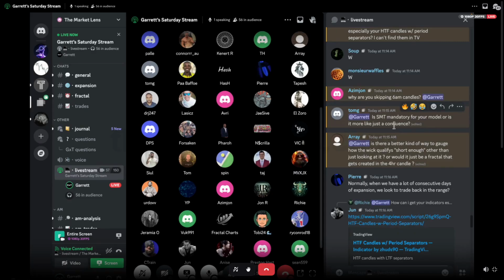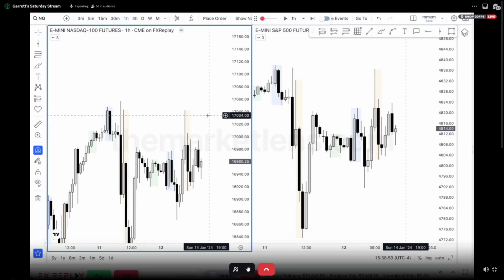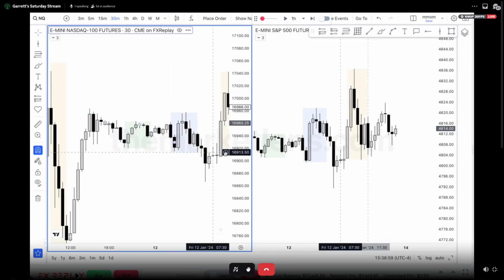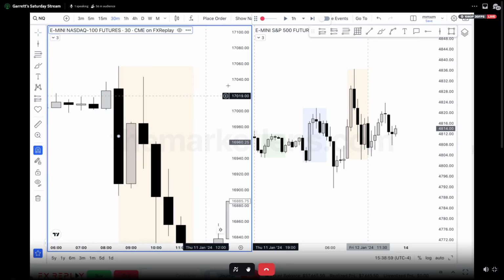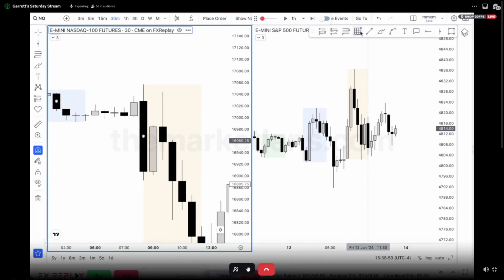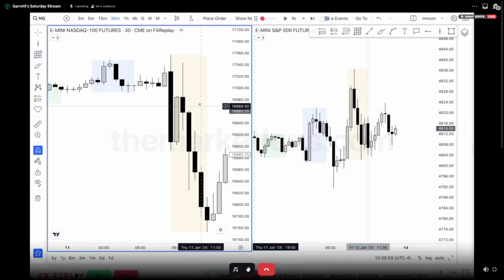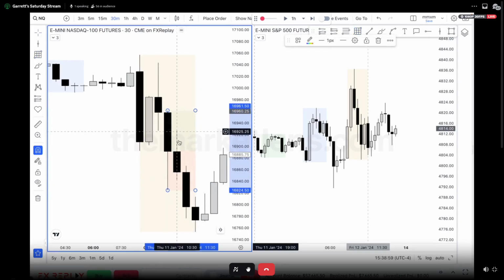Is there a better way to gauge how the wick qualifies as short enough? So the only way to do it mechanically is how we mark out 0.5 of the candle's range. That's literally the only way to view it mechanically, right? Because we can't just go off of, if it's this many points, you can't really do that. You have to mark out 0.5 of the candle's range to do it mechanically. But with experience, you're just gonna get the hang of it. Like with this, I can't even use the 0.5 of this,